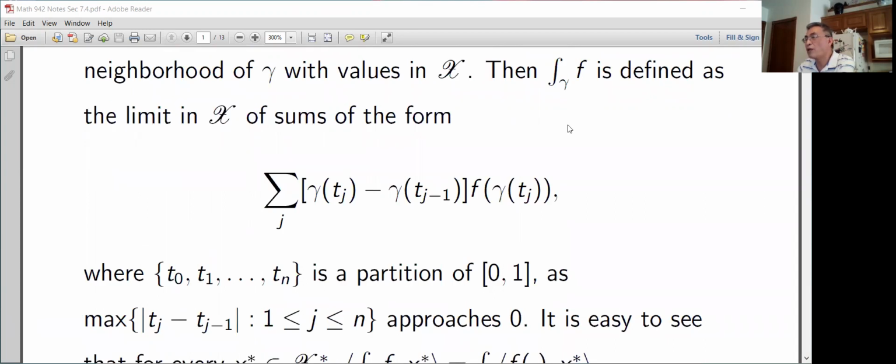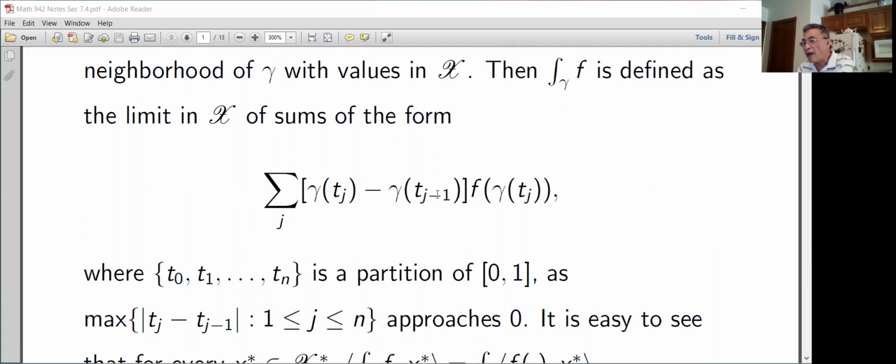So we are talking about this. The integral is defined as the limit of this sum